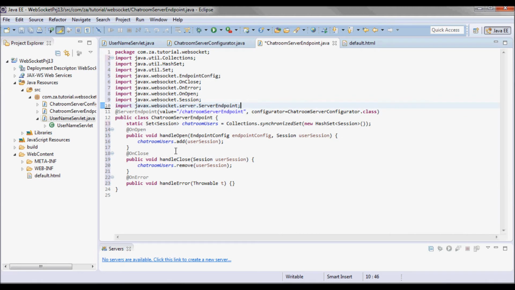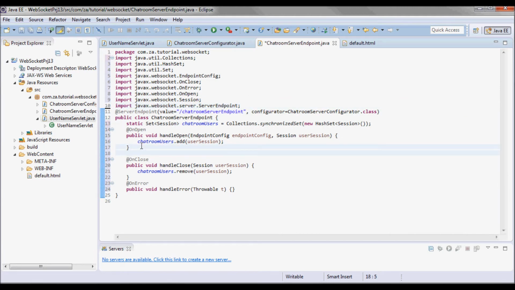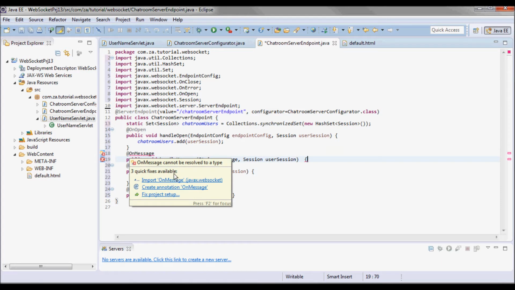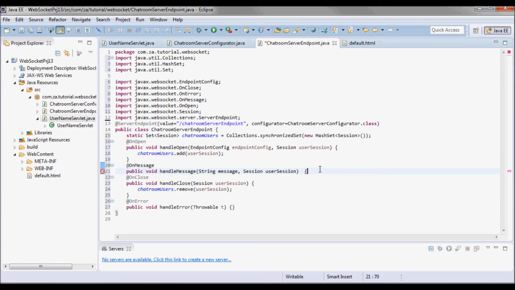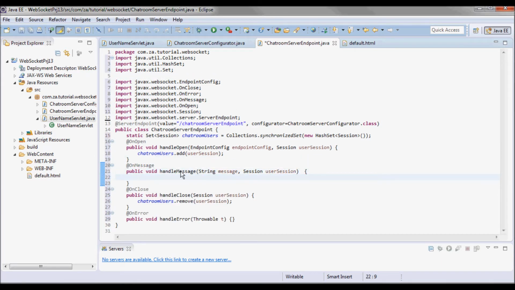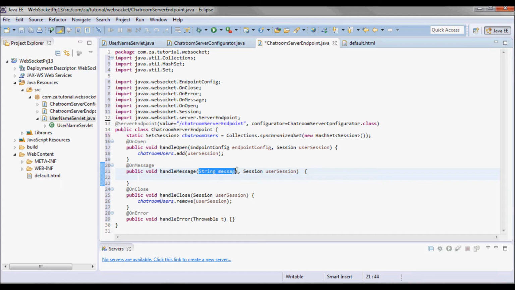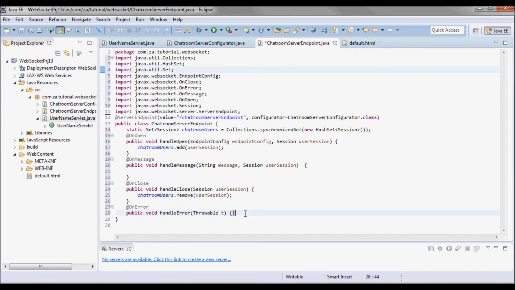And have handle message annotated with the on message annotation. And this method will be called once a new message is received. And I will be using a function to build my JSON string.